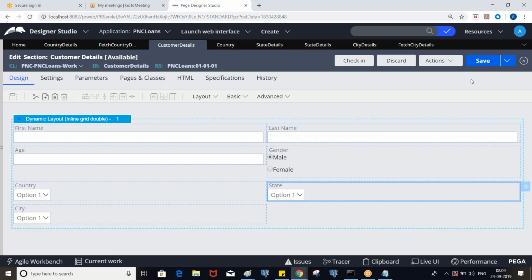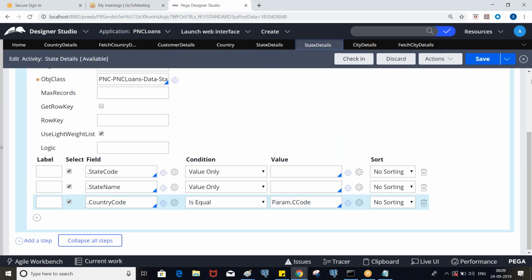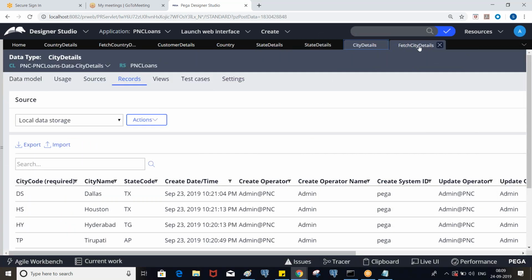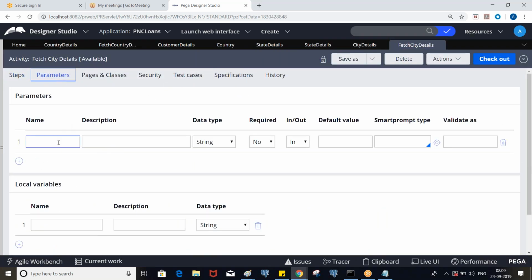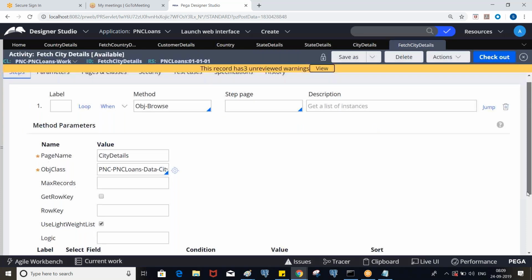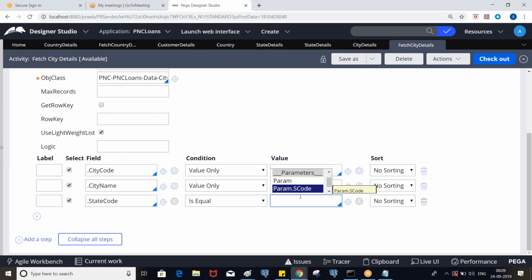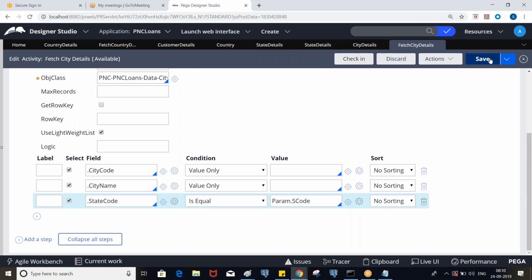Now similarly, define the parameter for the city details activity. You can put code, or state code, or whatever. And state code is equivalent to param dot s code. Let me check in back.